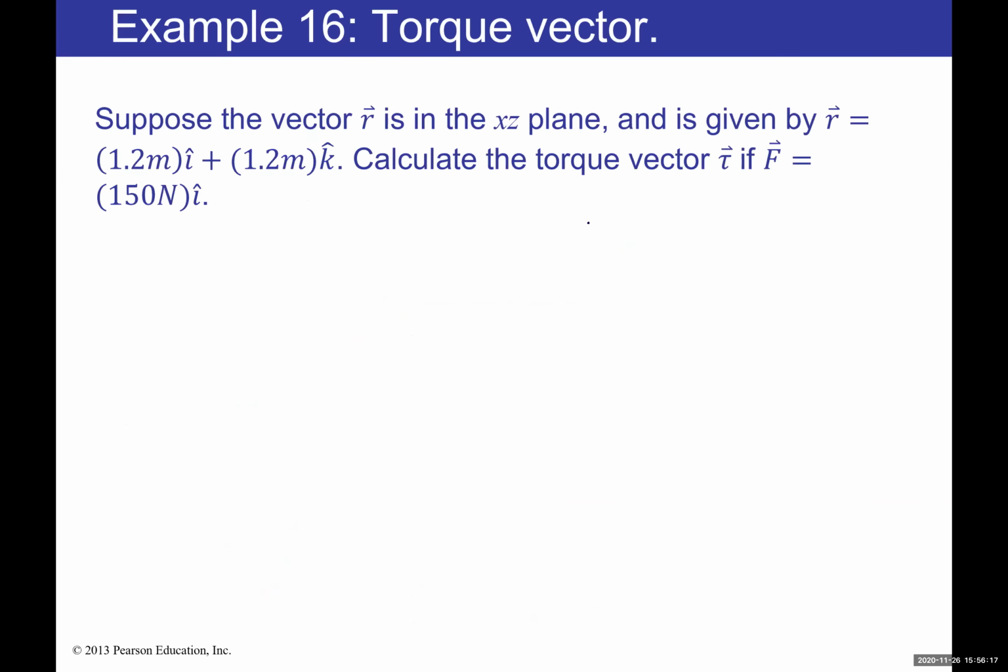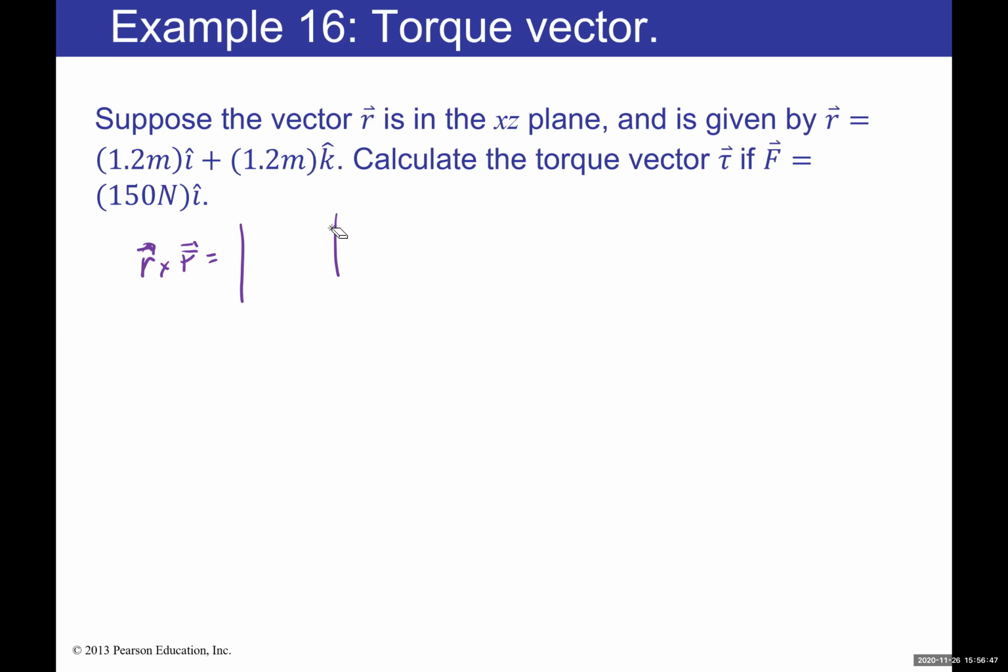So let's look at it over here, how we can find that. It says, suppose the vector r is in the xz plane and is given by r equals 1.2 meter i hat plus 1.2 meter k hat. Calculate the vector torque if F equals 150 Newton i hat. All right, so in terms of what I had, let's say that 2x2 matrix, right? 3x3, right? So in a way you can use that. So r cross F